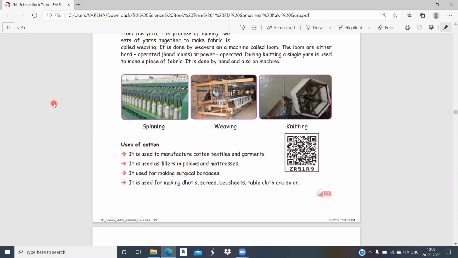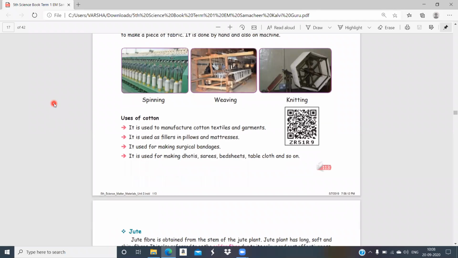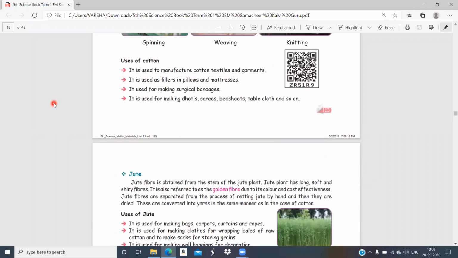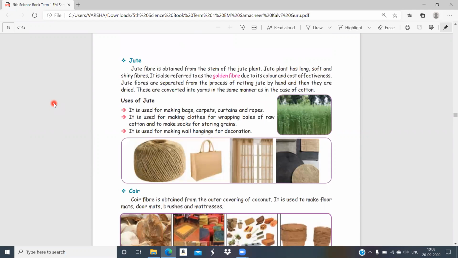Surgical bandages are also made from cotton. Next we will see jute. Jute is obtained from the stem of the jute plant. The jute plant has long, soft and shiny fibers. It is also referred to as golden fiber due to its color and cost